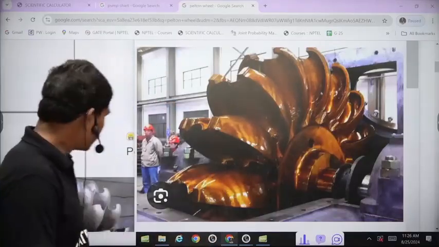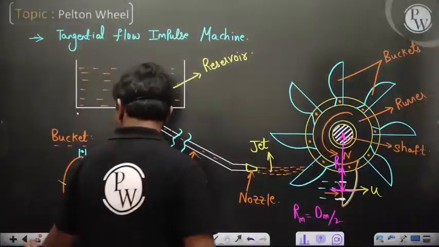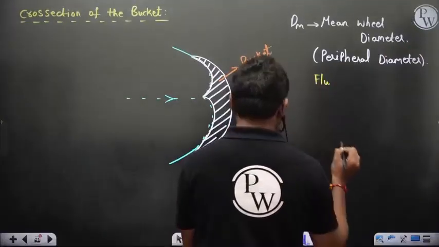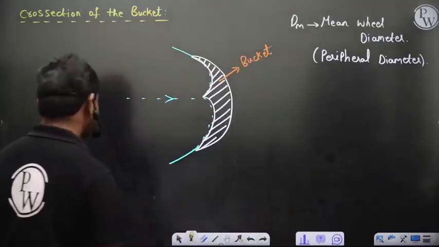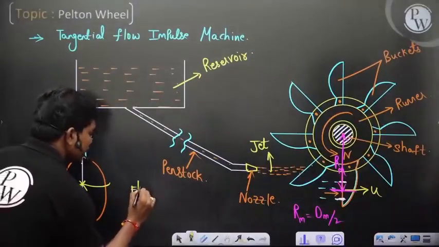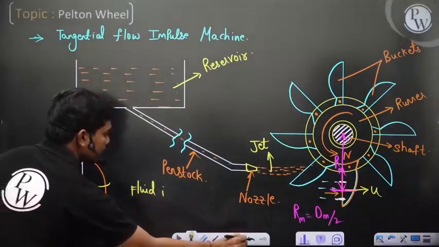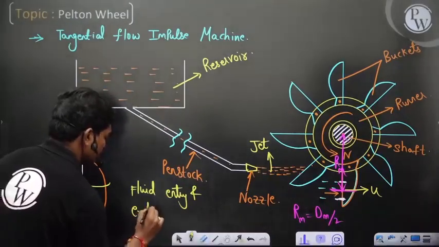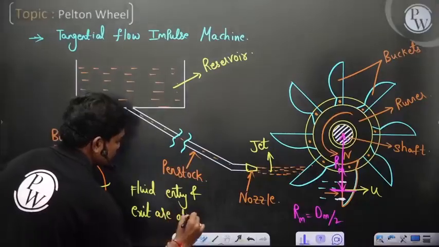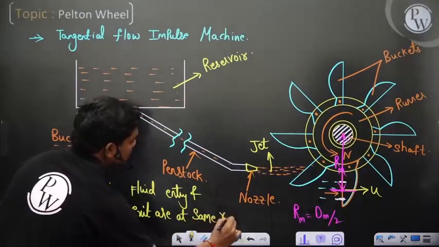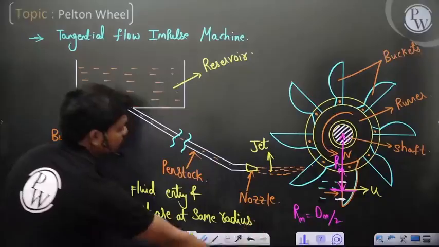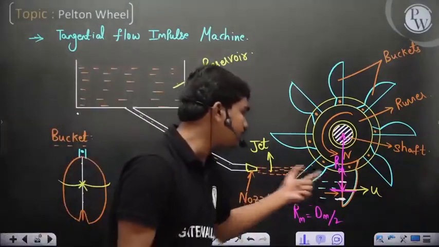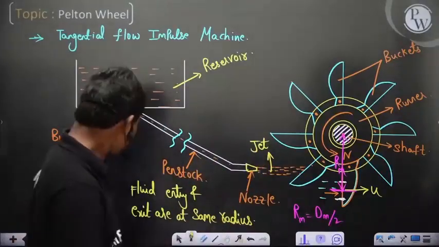Okay, so let's see. Fluid entry and exit are at the same radius. For example, you see the fluid goes here and again comes back at the same radial location. Okay. Then